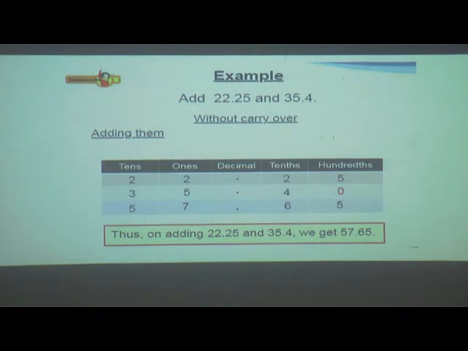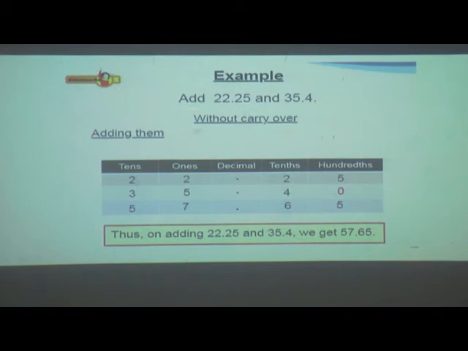Without carrying over sum, it is very simple, so you can add directly. See, I had given you the chart value table, but when you are doing some additions, you can write at the top of this. So no need to form a table every time. Just you have to understand this. So I had given this the chart value table.